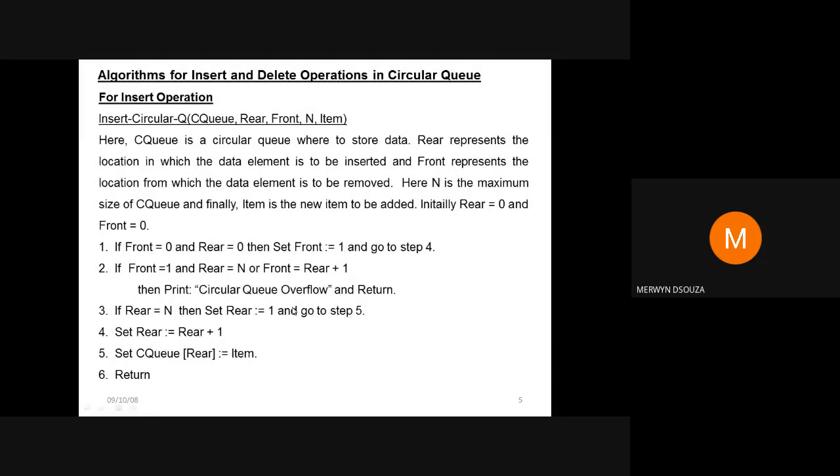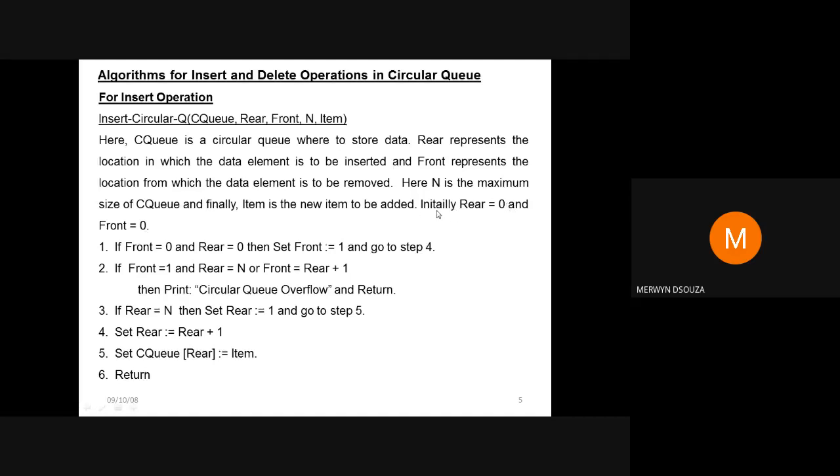I'll share this PPT with you so that once I explain an example, you can check this out. Right now it may be a little difficult. Some values here need to be changed. I noticed it just before the class. For example, initially the value of front and rear should be equal to -1, but by mistake it has come as 0.